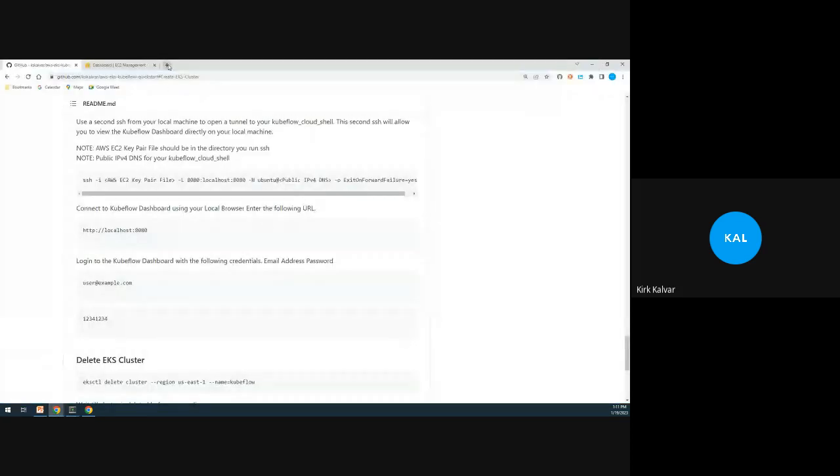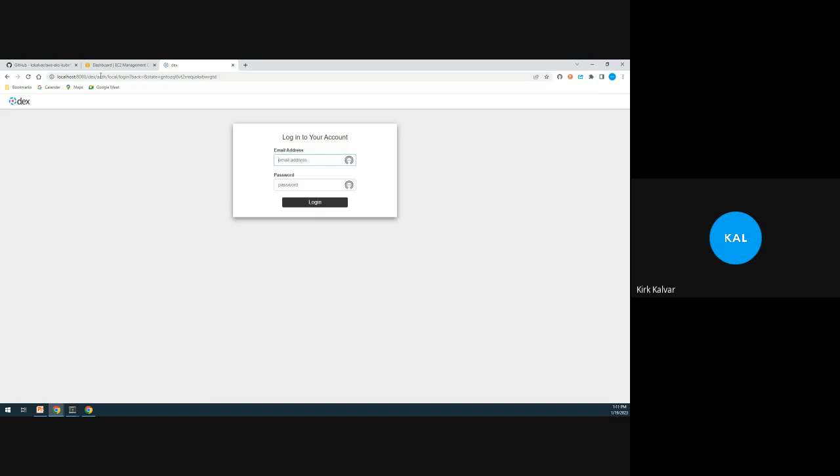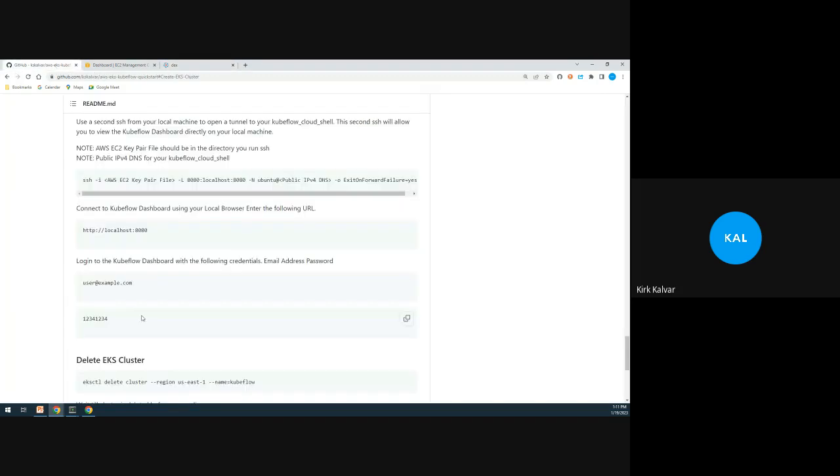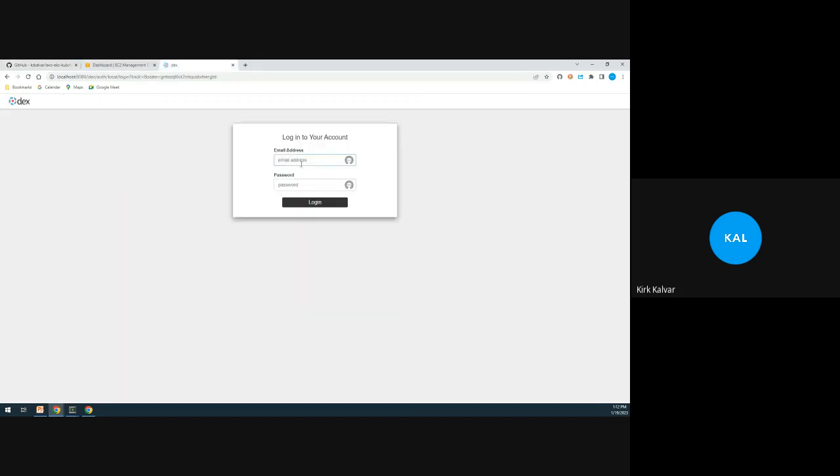Oh, sorry about that. And there we go. Okay, one more thing. Now, this is a standard password user ID thing. This is for demo purposes only, just to show you. It's set when you install it. You can change it. There's ways to do that. So this is just for the example. And once I've got this cluster up and running, it's going to be torn down, so there's not going to be any information that I have to worry about. So let's go ahead and just